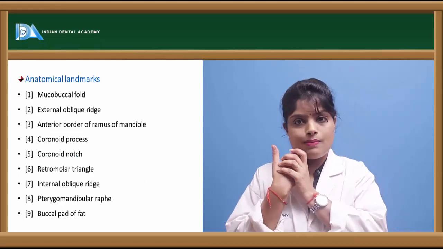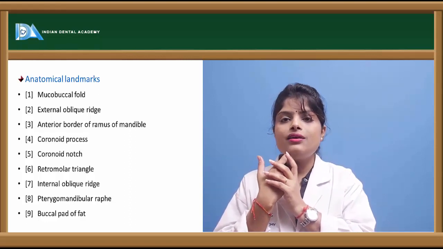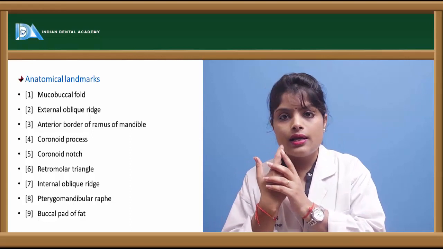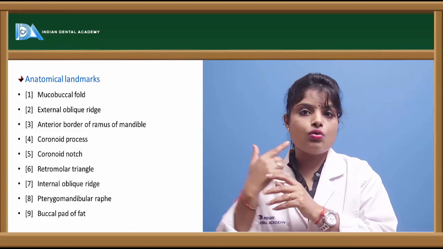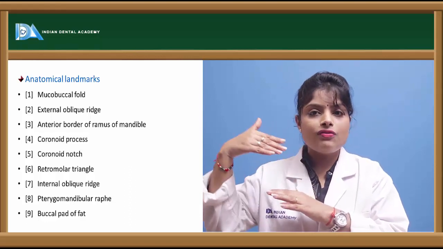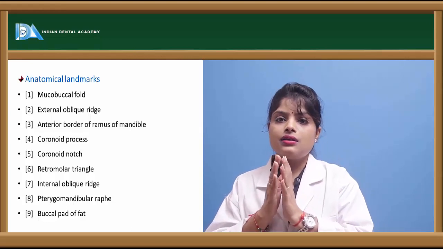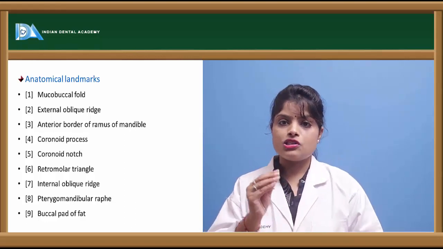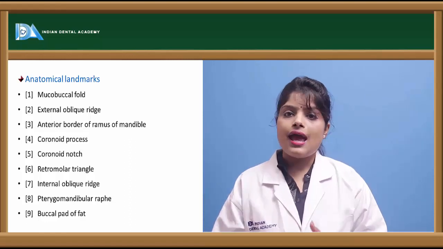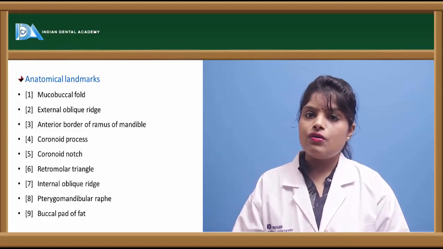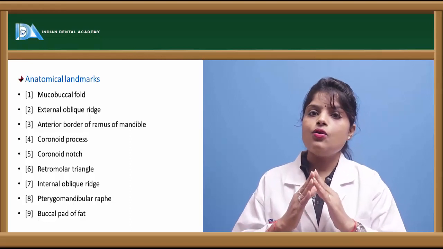So after palpating the mucobuccal fold, we'll go on palpating the external oblique ridge which is present in the mandible. Then we locate the coronoid process or the coronoid notch through which the inferior alveolar nerve passes. Then finally we'll also locate the pterygomandibular raphe, which is present above the coronoid process, and we locate the external oblique ridge of the mandible and the anterior border of the mandible. There's a pterygomandibular triangle